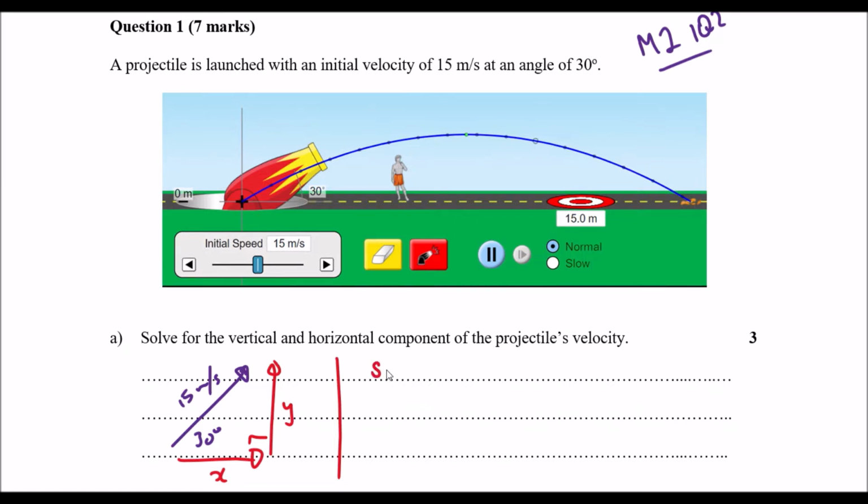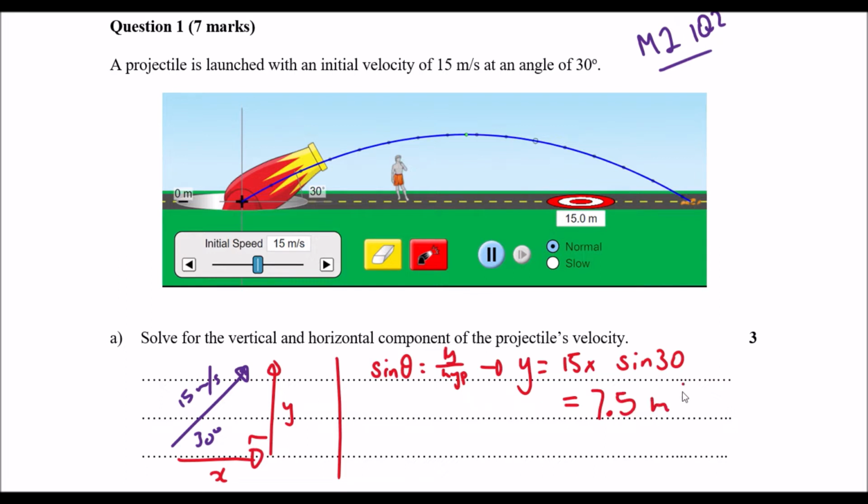So we have sine theta equals y over the hypotenuse. If we rearrange the equation, it becomes the hypotenuse, or the resultant vector, times sine theta. So y equals 15 times sine 30 degrees, and that will give us our value for our velocity in the y component, which is